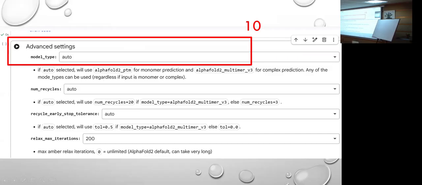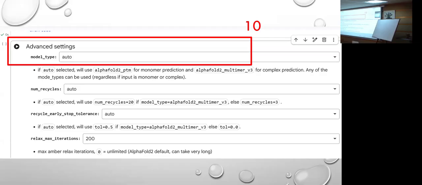If you know proteins, you know that they exist in the monomeric form, homodimeric form, heterodimeric form, oligomers. There are so many kinds of domains. Whatever function you want, whatever kind of protein you want, you have to select that option. In our case, we just want a simple protein, no homomer, no heterodimer, no oligomer or any other thing. So we are just going to use the auto option.